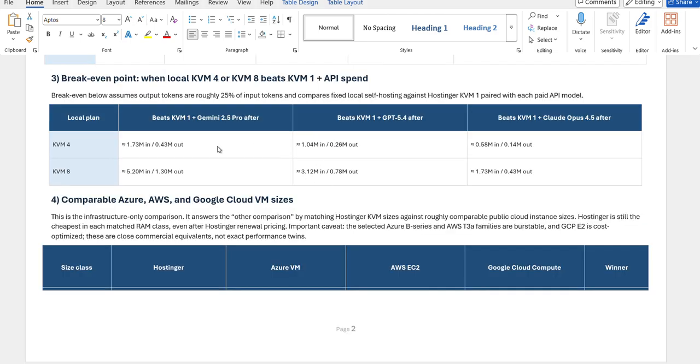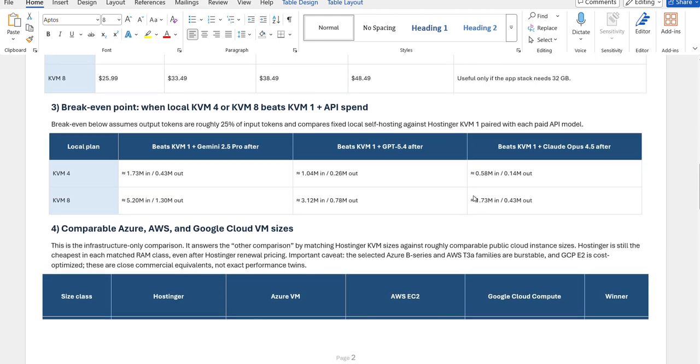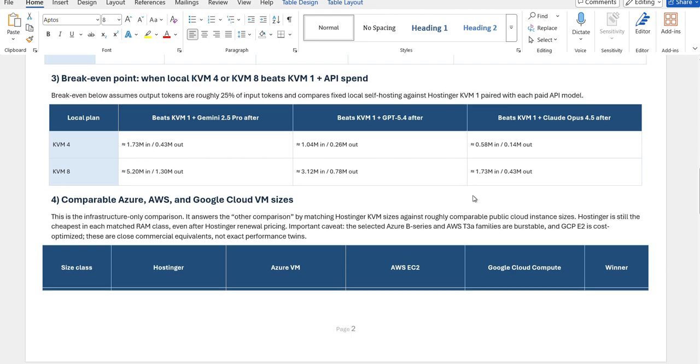As I was saying earlier, the initial usage, if you use KVM1 and then the API, initially it is the cheapest option, but in the long run, if you use it constantly, like 1 year or 2 years, then using KVM4, even if the monthly payment for the VPS is higher, in the long run it will beat the combination of KVM1 and Gemini, KVM1 plus GPT, KVM1 plus Claude Opus, because they are paying